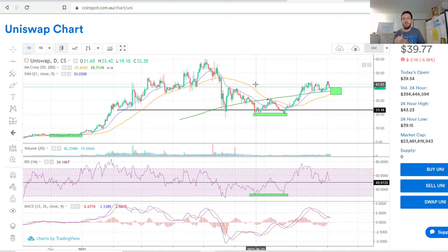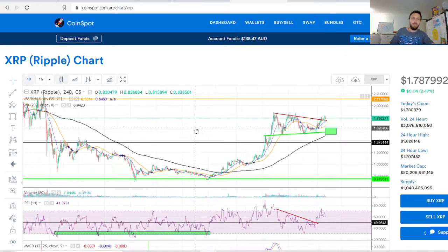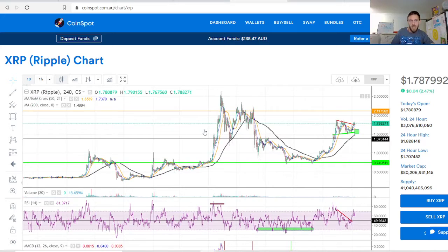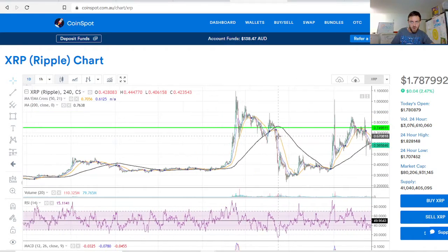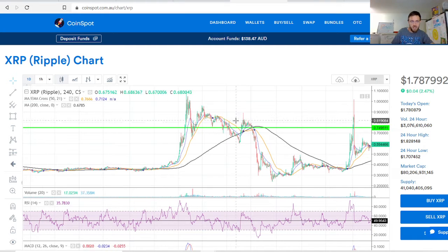we've got some FUD in terms of the SEC case. Now, the SEC is looking to make some regulations. And all that means is we've got to be on watch. So the SEC sued Ripple last year. And what we've seen after that lawsuit was a major capitulation,